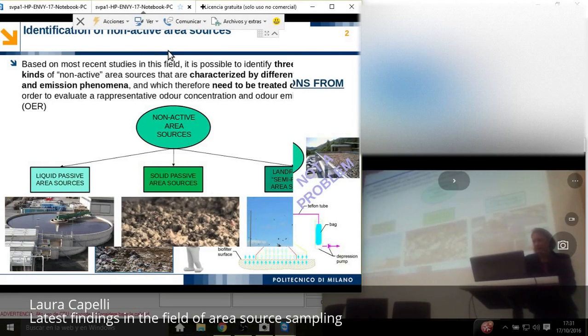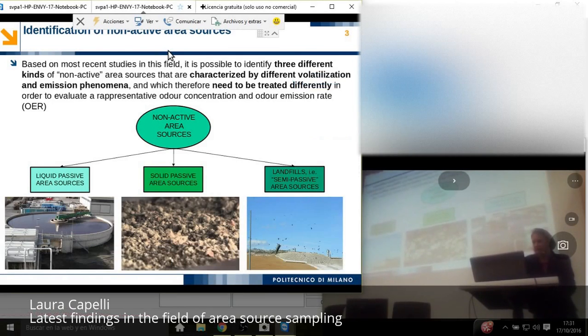We have this distinction into 3, which is liquid passive area sources, like wastewater treatment tanks, for example, most common example, solid passive area sources as contaminated soils, and then the third category,